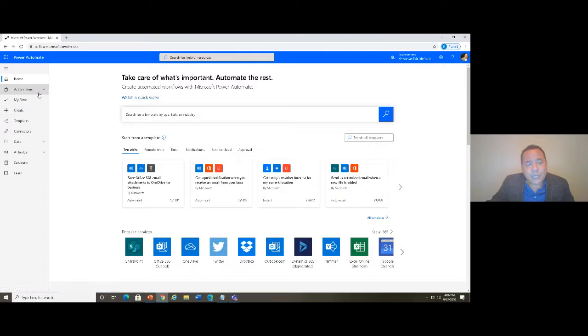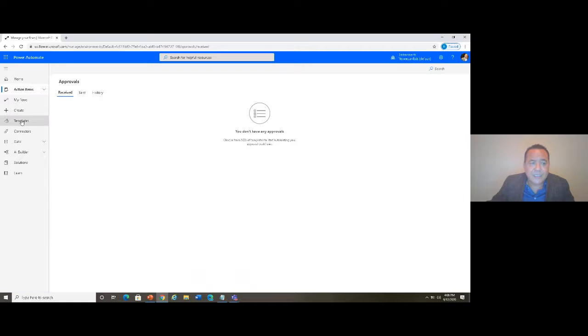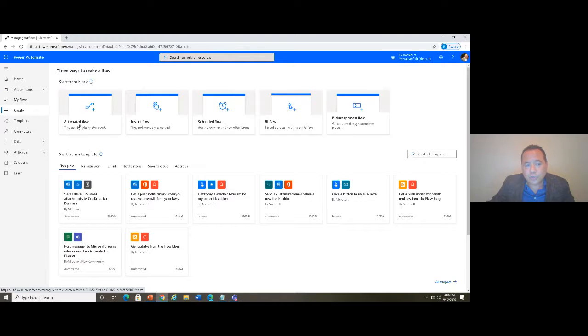So you will see action items. Anything that is assigned to me, like an approval or something like that, will be listed here. In this case, if I click on it, there's nothing here because I don't have any. Then I can create a solution. When I create a solution, you will see this during the presentation, where I can select automated flow, instant flow, schedule, UI, and a business process flow. I created 3 flows, one of each of these that I added to the presentation so you can see how you can do that. These 2 are a little more complicated, and I'm actually planning to speak about one of each just by itself because it takes a lot of time to create a real solution going this way.